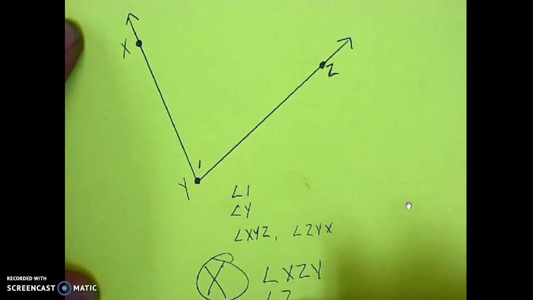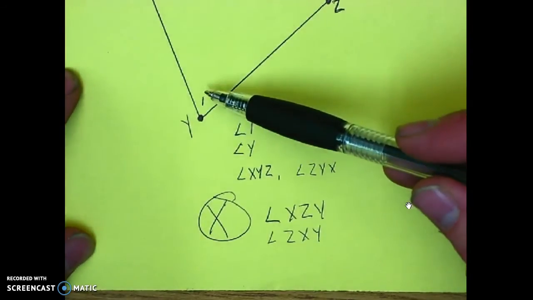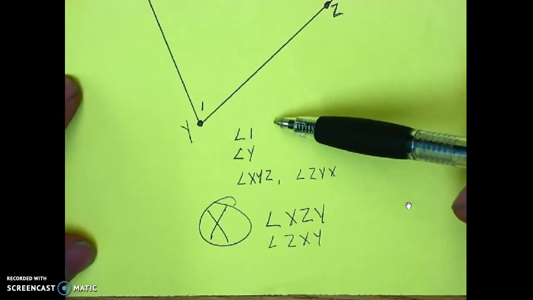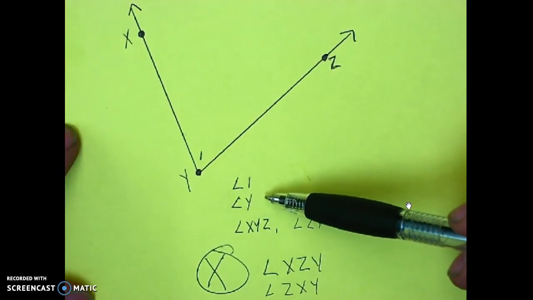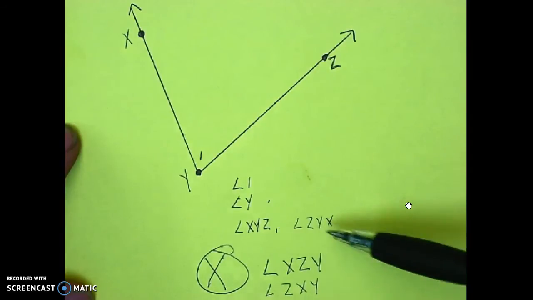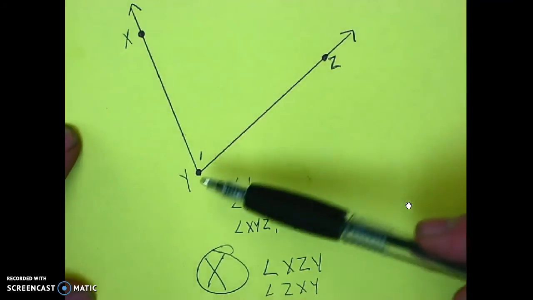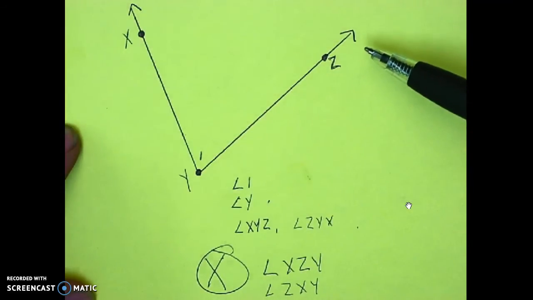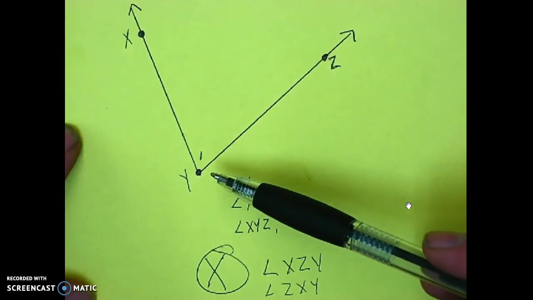or angle ZXY. When naming an angle, if there's a number inside the angle, we can use that to name it. We can also use just the vertex to name an angle, but not all the time. More often, what you're going to be using is this method, using the 3 capital letters, the 3 points that outline the angle. The most important thing about naming this angle is that the vertex, letter Y in this case,